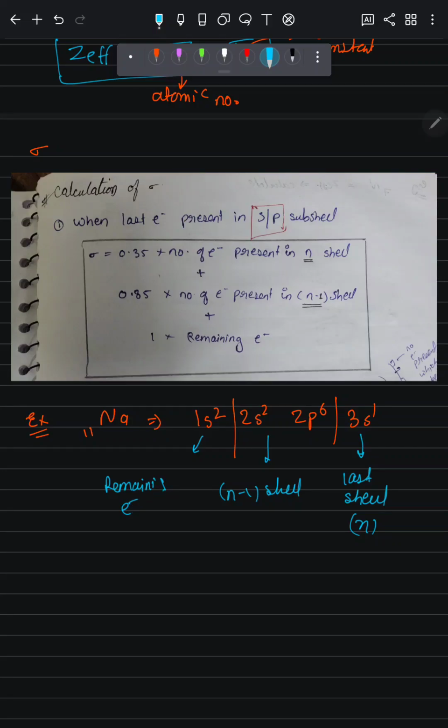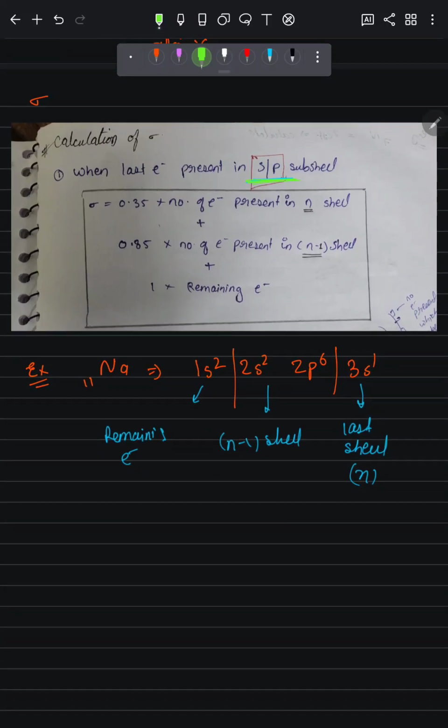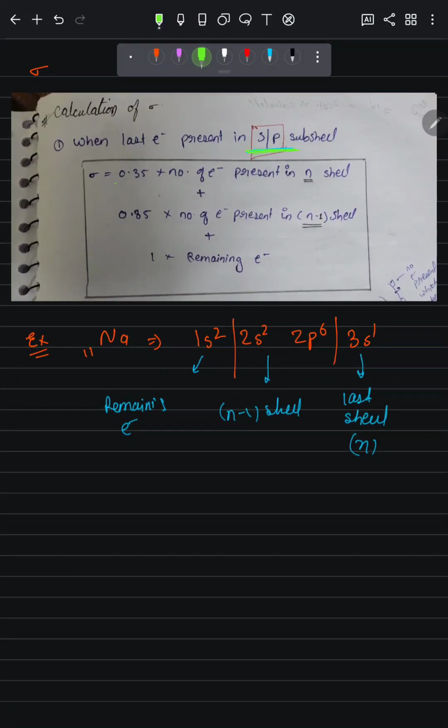This is described in the form of subshells, the shell in which the electron is filled. So this is the formula, which is only applicable when the last electron is present in s and p orbitals, and it is not applicable for d and f orbitals. Okay, so for calculating sigma, the Slater constant, we use 0.35 into the number of electrons present in the n shell